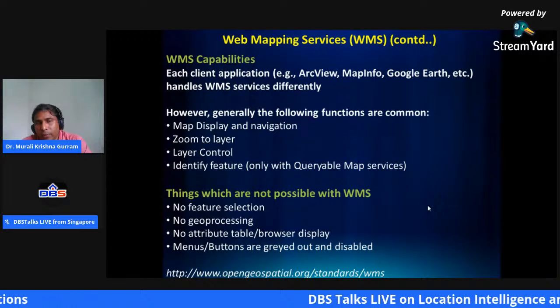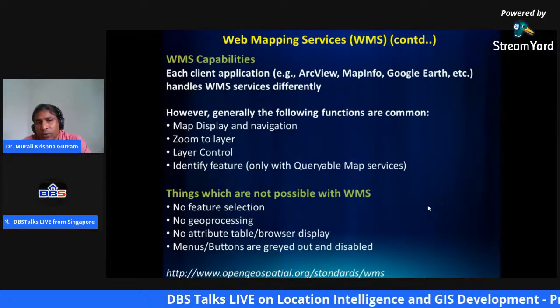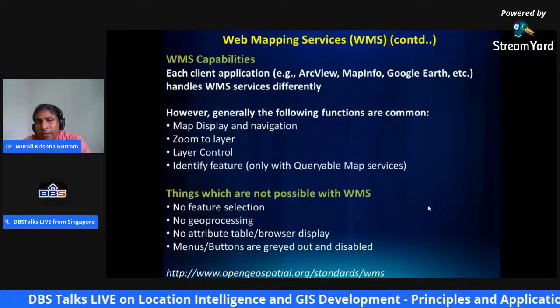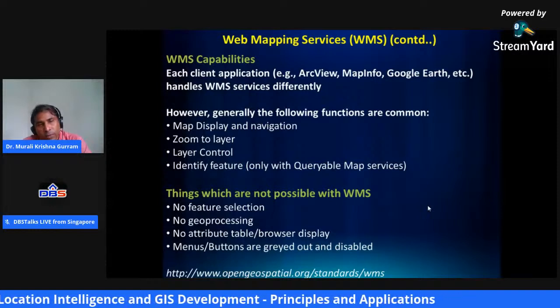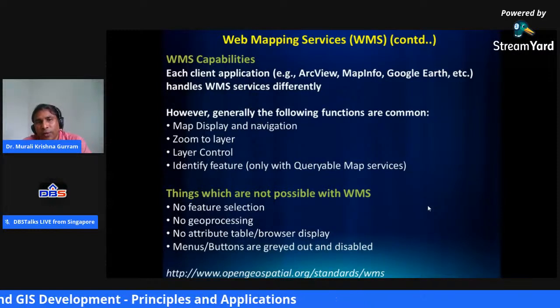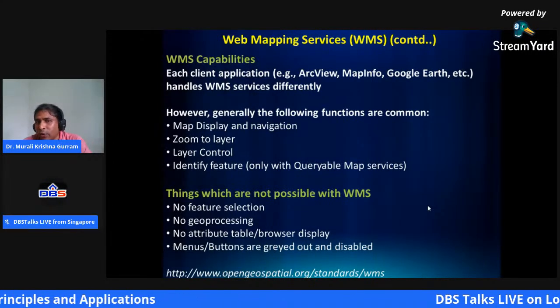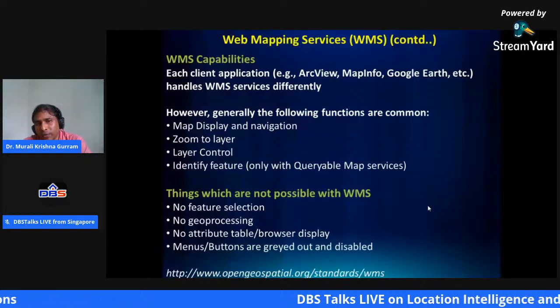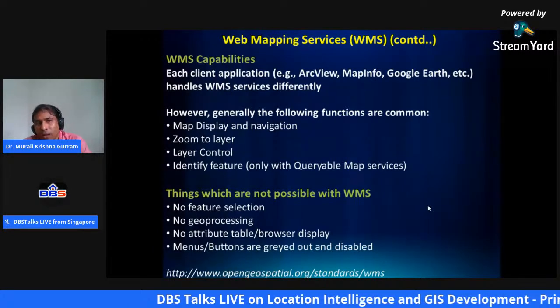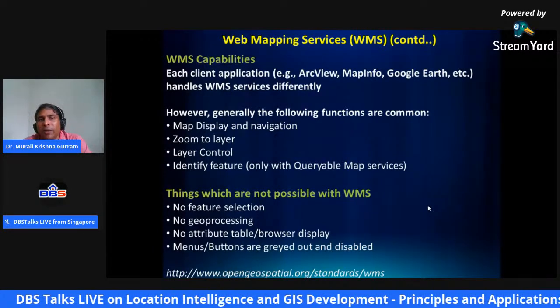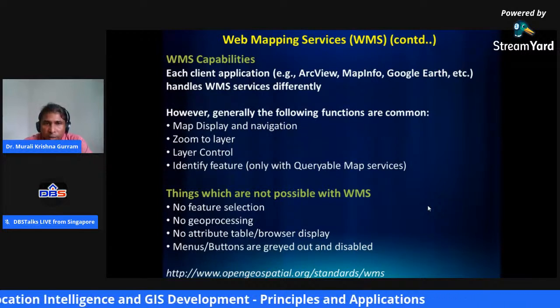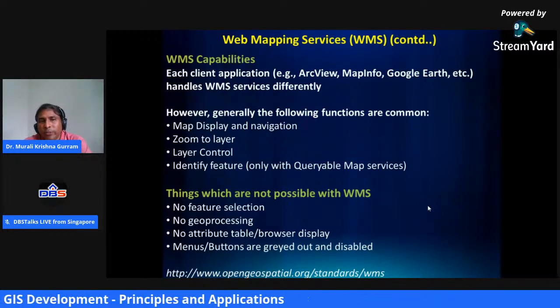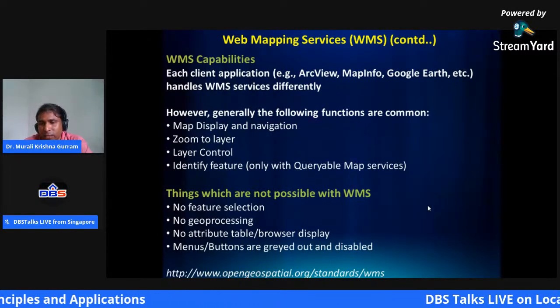But in this web map service, you cannot select a feature, you cannot do geoprocessing, you cannot query the attribute table, and you cannot use menus or buttons. It is mostly for viewing purposes. For more querying and processing, you have other services available.